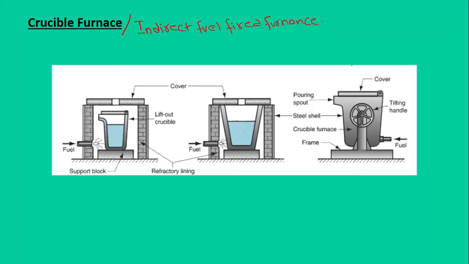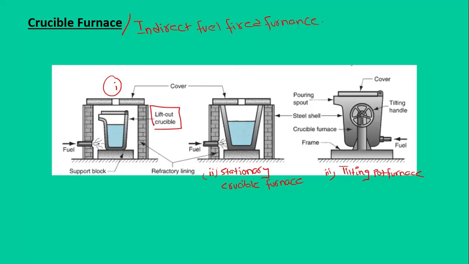So three types of crucible furnace are used in the foundries. The first one is termed as a lift out furnace. This first one is called a lift out crucible furnace. Then the second one is called a stationary crucible furnace. This one is the stationary crucible furnace. And the third one we have is the ladle furnace, or the tilting pot furnace. That tilting is the third one, the tilting pot